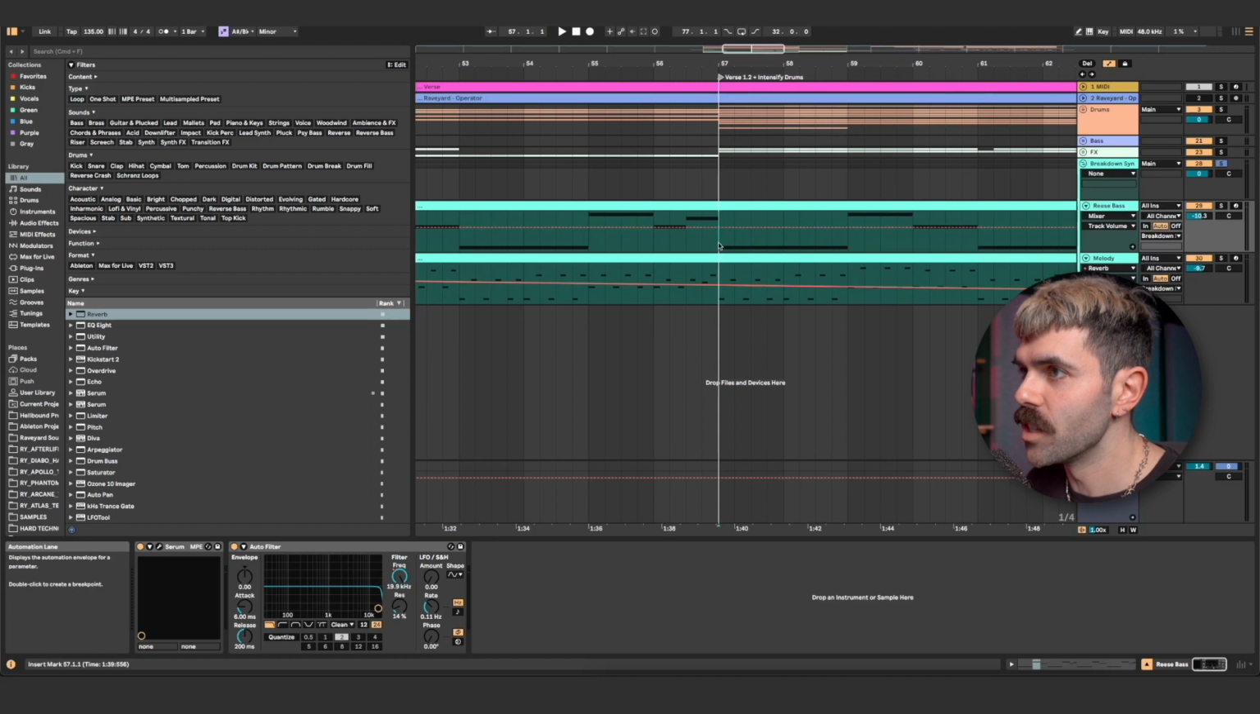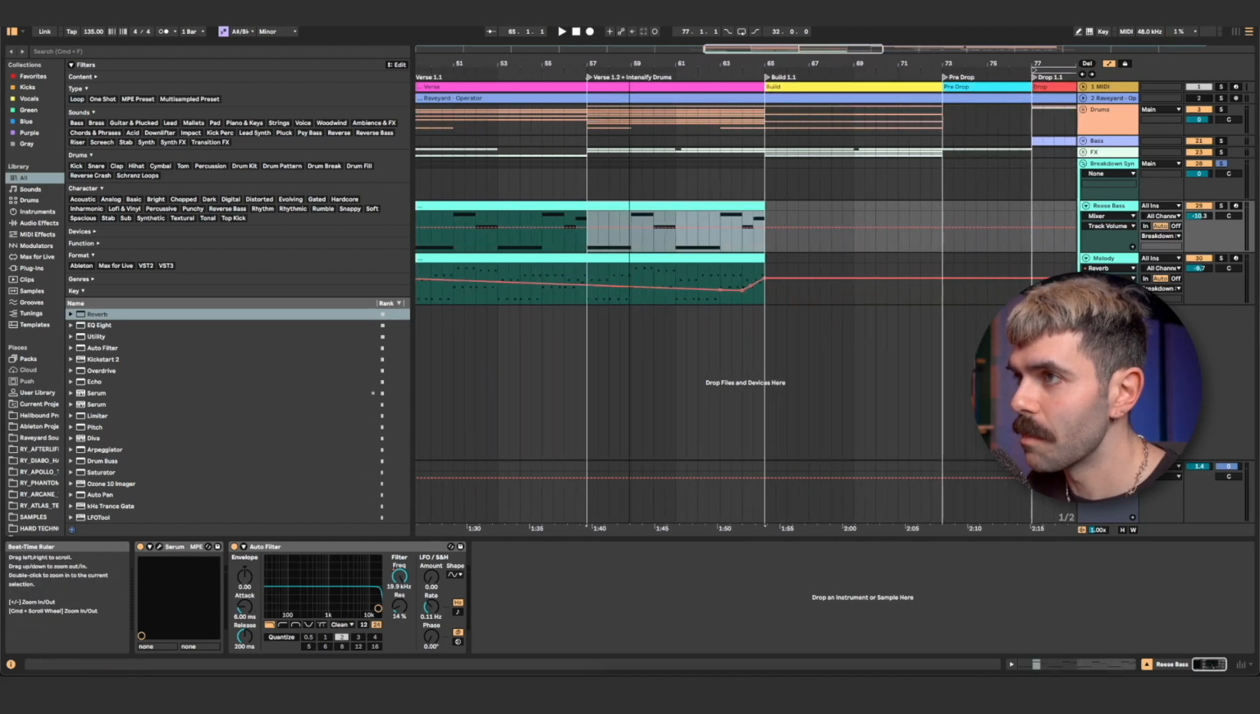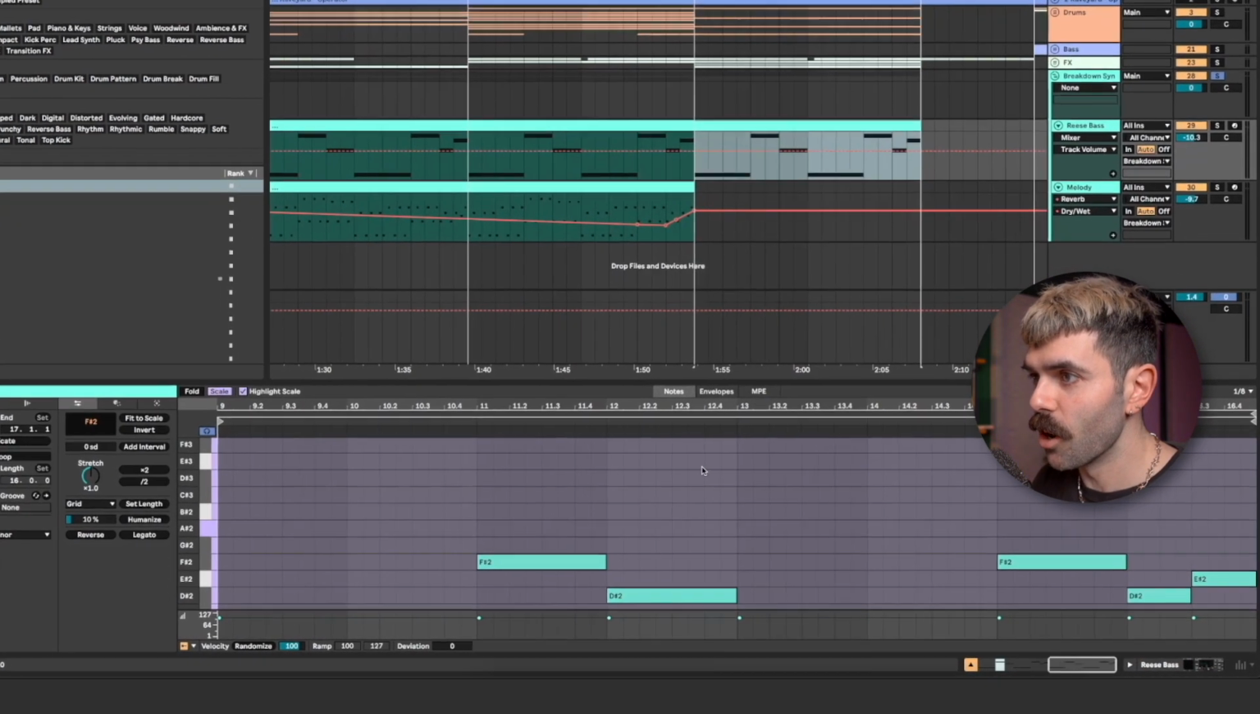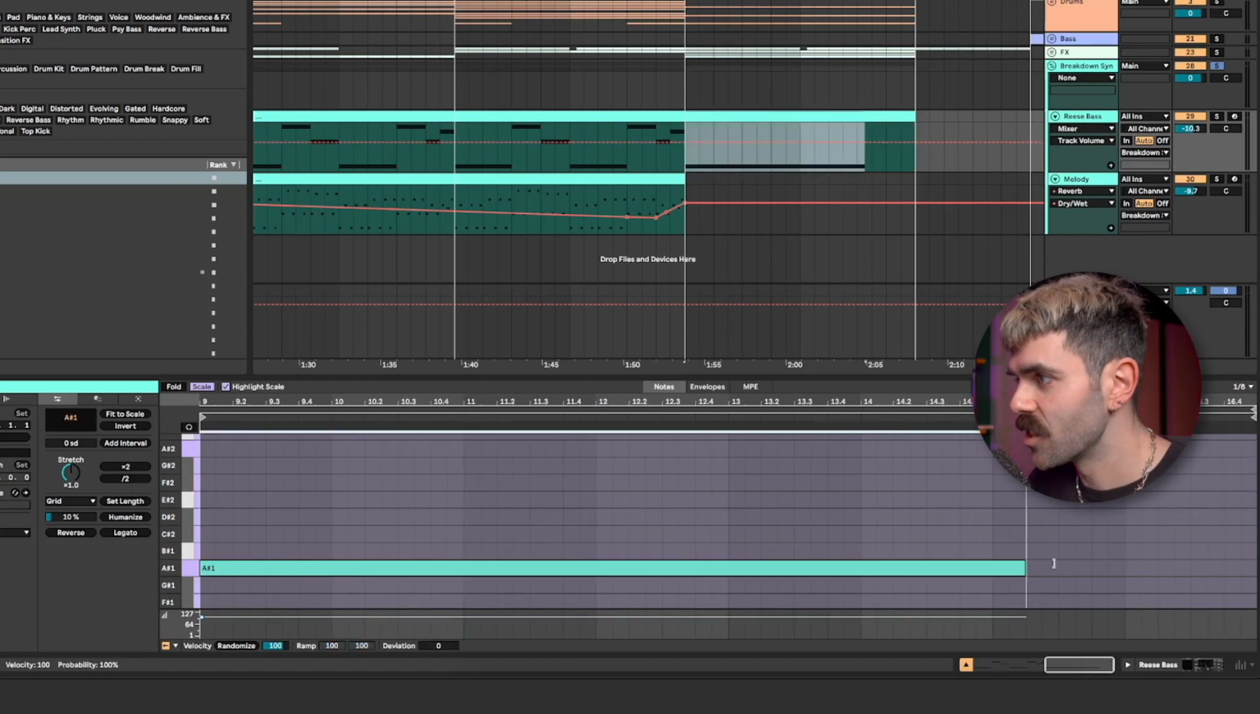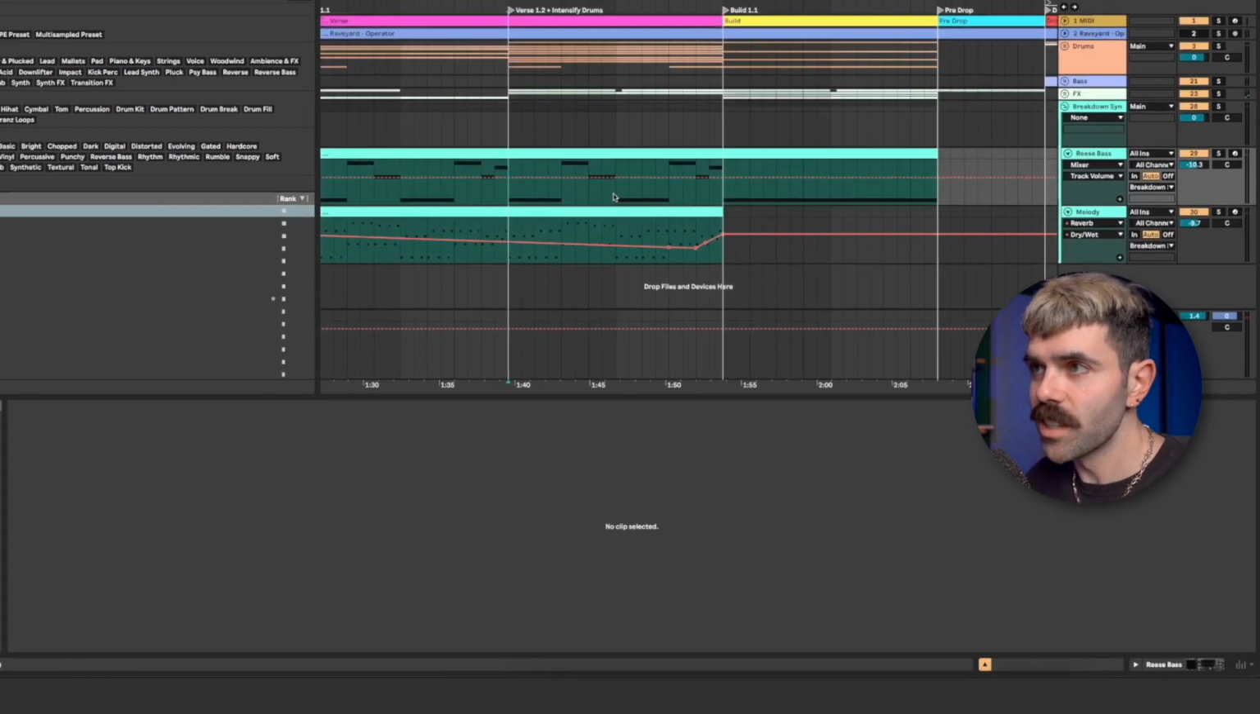So first what I'm going to do is duplicate over the last 8 bars of this respace, and I'm going to go into the MIDI, and I'm just going to delete all the notes besides the first one, and then just extend this all the way across the 8 bars. So if we listen to that,